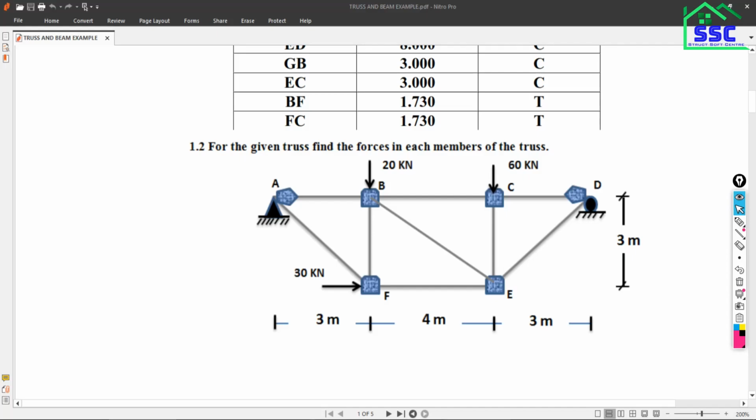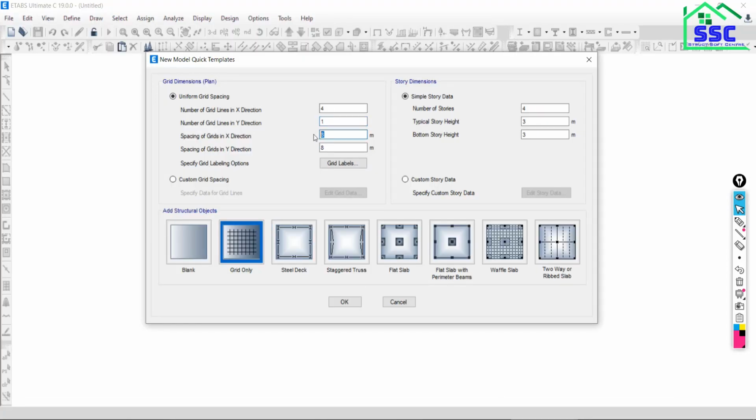So go back to ETABS and put the repetitive number as 3. In the y direction obviously nothing is there, but ETABS does not accept 0. See, I am trying to put 0, and it gives an error: the value should be greater than 0. So anyhow you have to put a number. I would like to take 1.